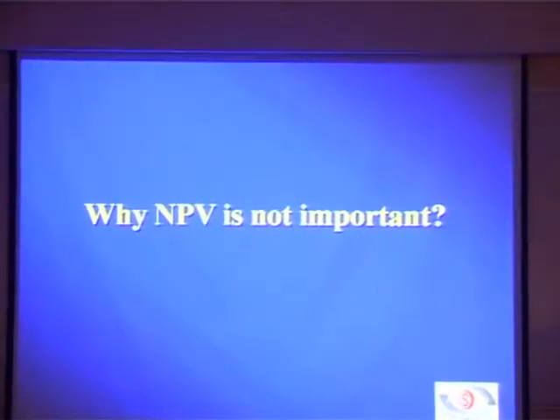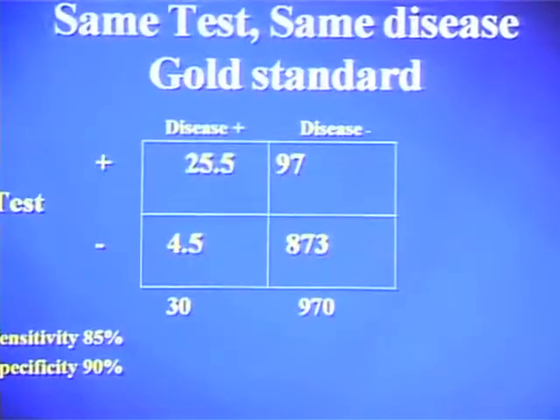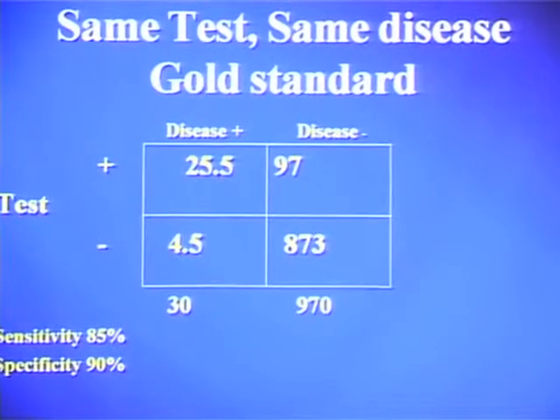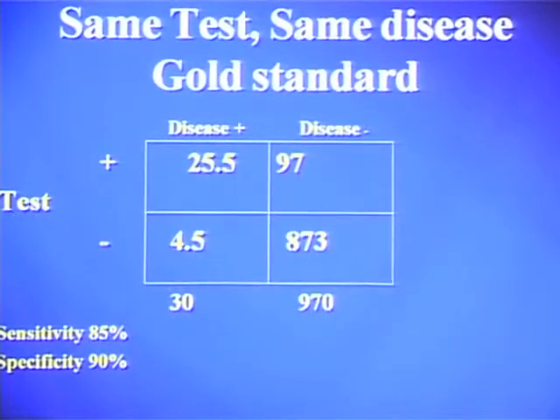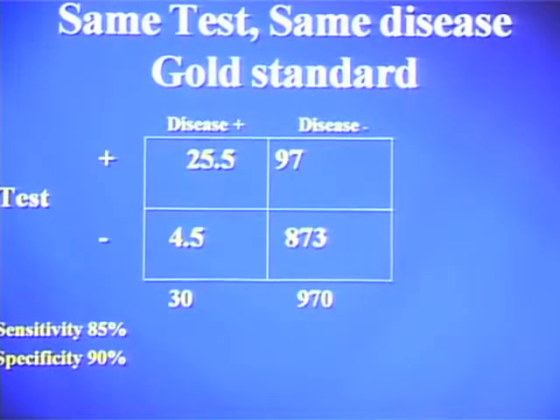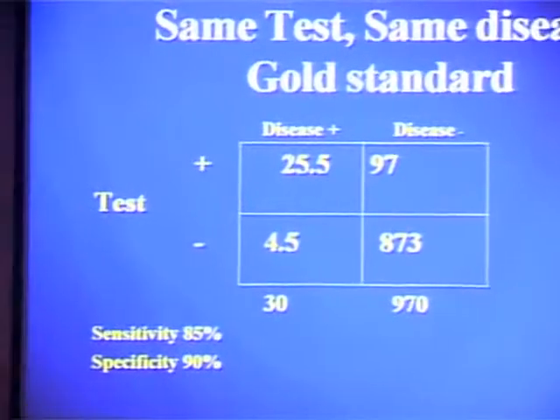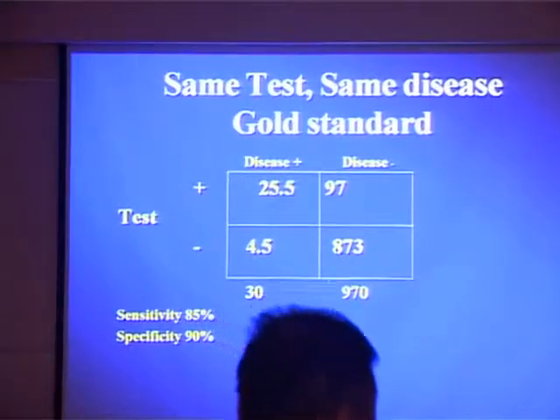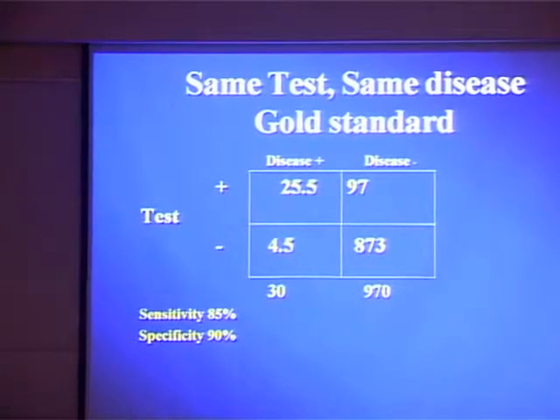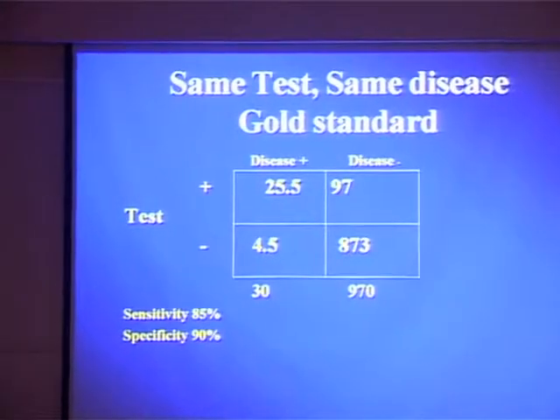So what is the implication if the prevalence is low? Let's see how much benefit you get. Cost is the second thing. Negative predictive value will automatically be higher. So even without the test, if the prevalence is 3%, you are 97% sure that the patient does not have the disease. Can you go to 100%? Even with specificity of 90% and sensitivity of 90%, you can only go to 99%. So the benefit you are getting is from 97 to 99%, 2%. The whole effort for 2% is not worth it.